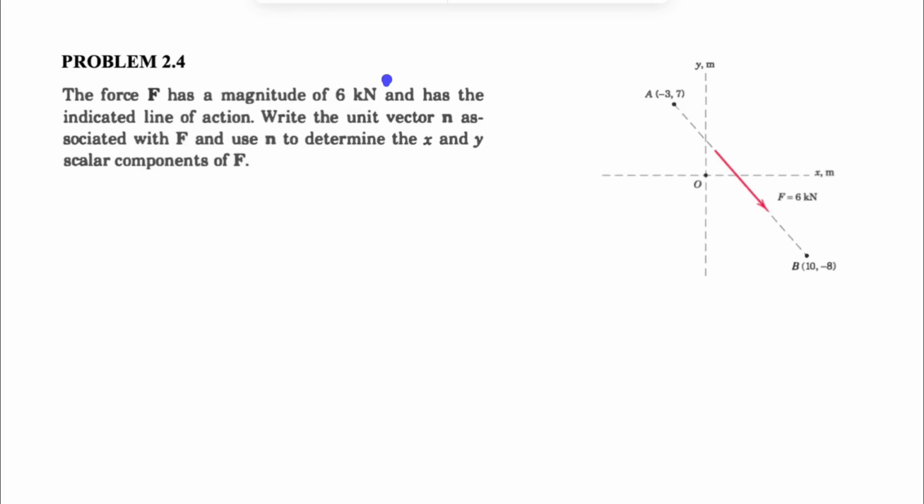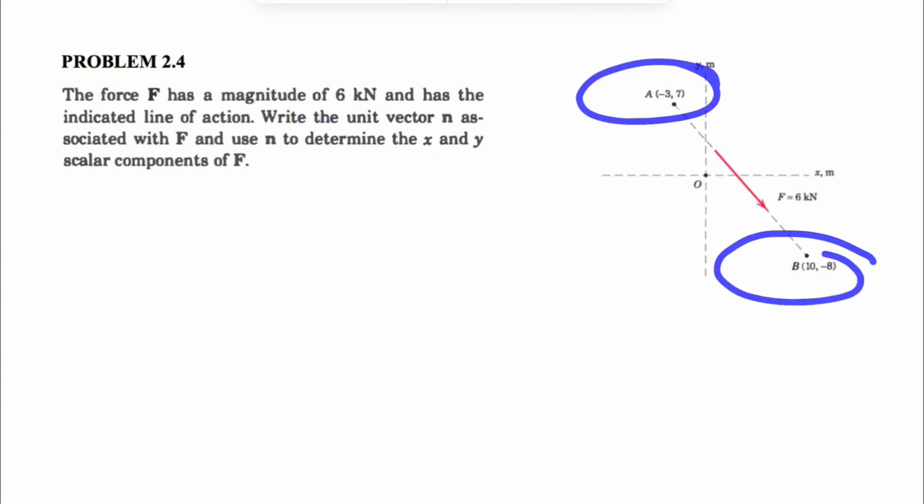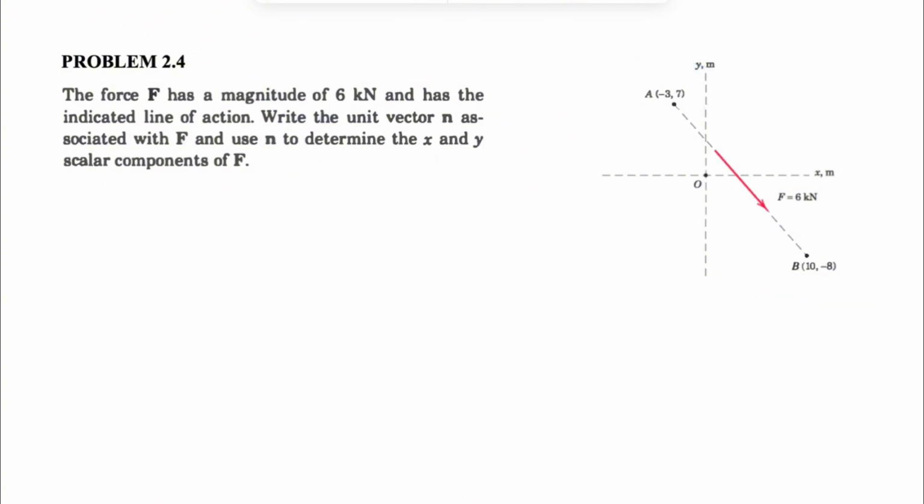Alright guys, we're going to be solving question 4 from the second chapter of the Meriam textbook in geomechanics, and we have this force F that has a magnitude of 6 kilonewtons and has the indicated line of action, so it's going from A to B. We have the coordinates of point A and point B, and the question is asking to write the unit vector